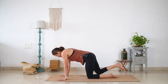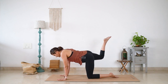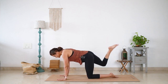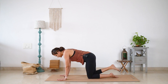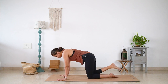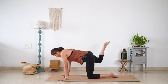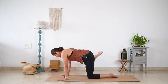Now what we're going to do is lift the right knee up, bring it in, back to the side, back up to the other side. As if you are tracing circles with the knee joint and being mindful that you do not lean too much to the left side as you do this. Continue moving for 1, 2,